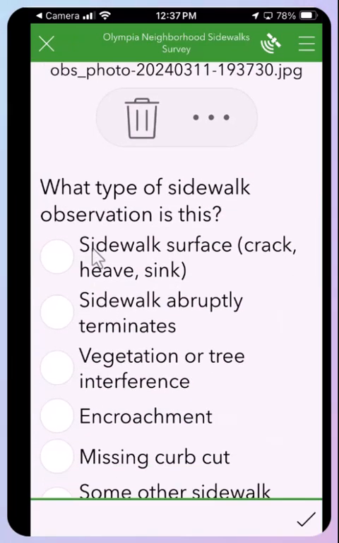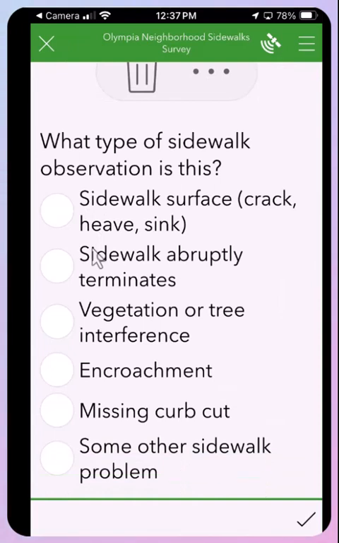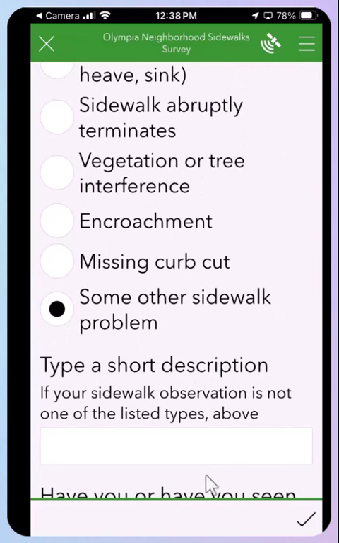And now we go to the section on what type of sidewalk observation this is. There are several different kinds of sidewalk problems you may be seeking to record. One might be a sidewalk surface crack. One might be an abrupt termination of a sidewalk. One might be vegetation or some other form of interference that causes you to have to walk in the road to get around trees or vegetation that should be trimmed. There are other kinds of encroachments, missing curb cuts, and there's even room to put in some other problem here. You can click this box and type in if you want to observe something that's not one of the listed